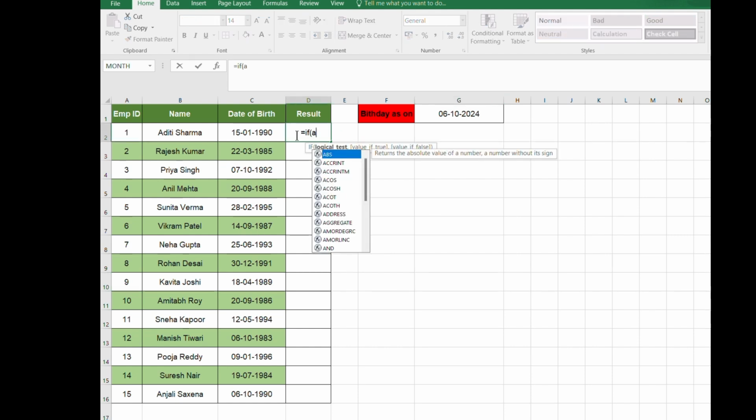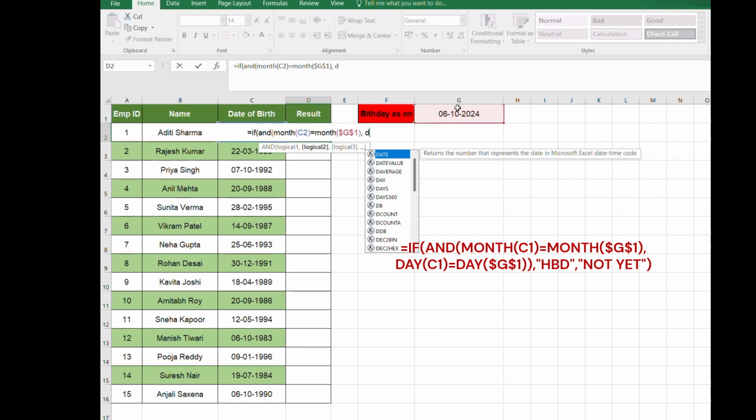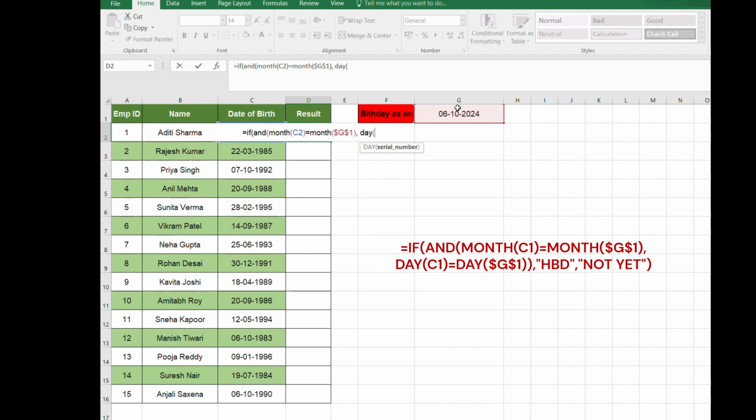We can use the logical function IF, and say the month of the birthday of C2 is equal to the month of today. Over here we can do an AND, an IF and AND, if these are the same, and the day of the birthday, that is C2, is equal to the date of today, is the same,